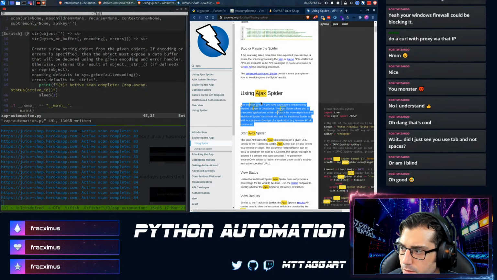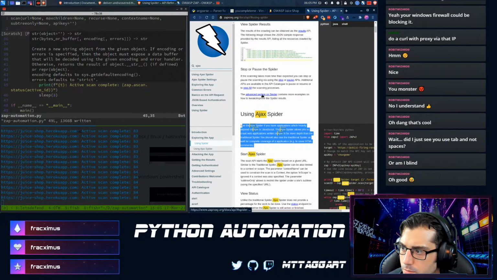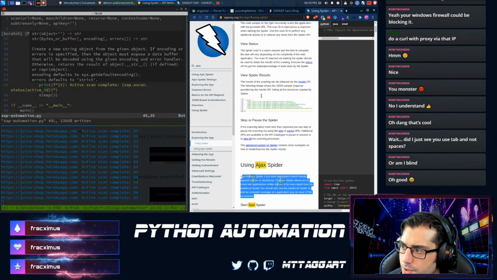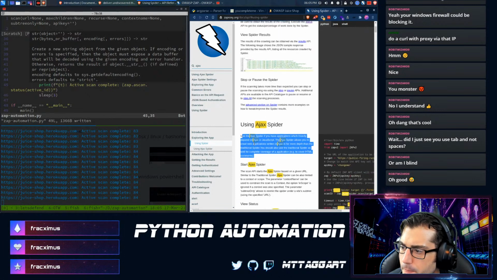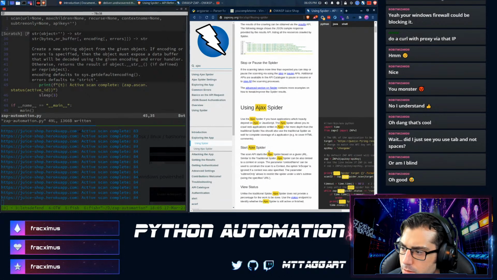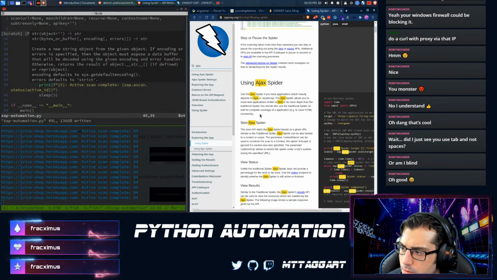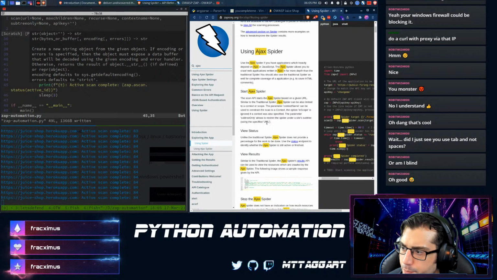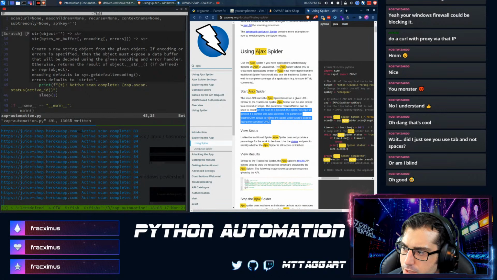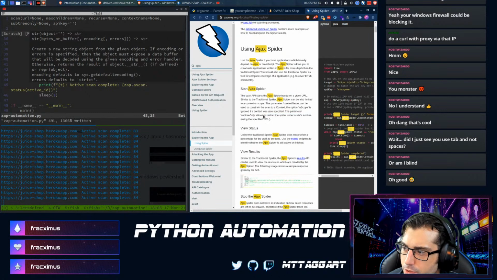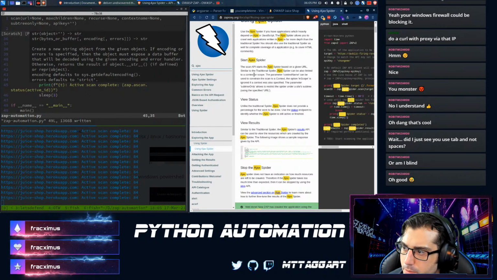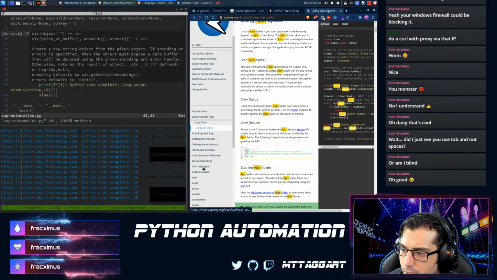Using Ajax Spider. Oh, interesting. The scan API starts the Ajax Spider based on a given URL, similar to the traditional Spider. Ajax Spider can also be limited to context or scope. The parameter context name can be used to... blah, blah, blah. But how do I actually do it?